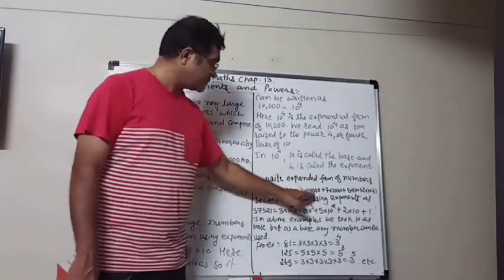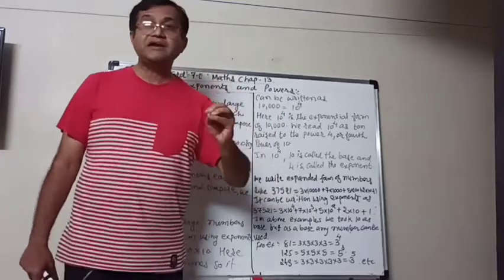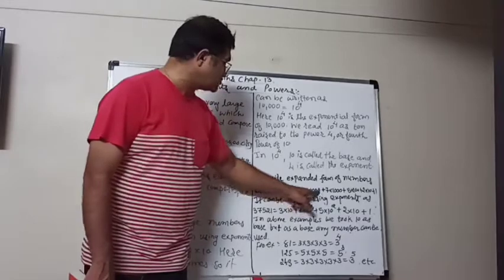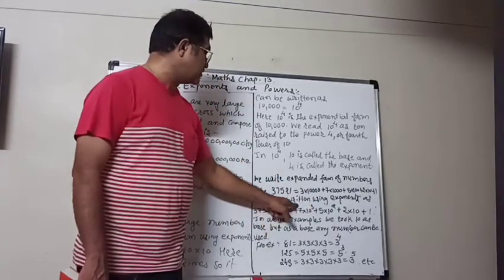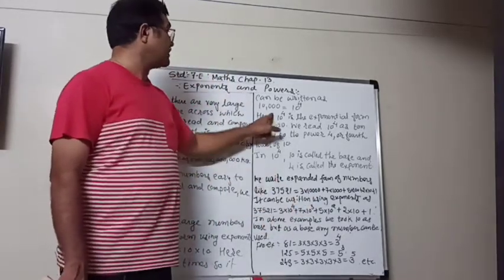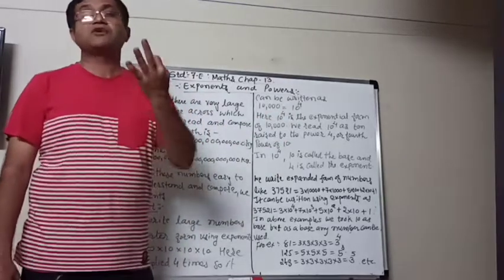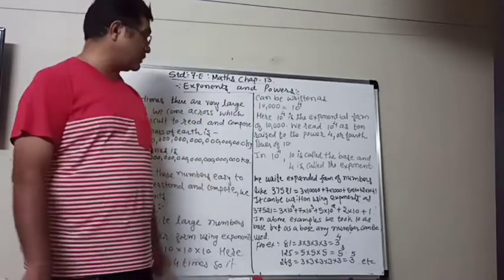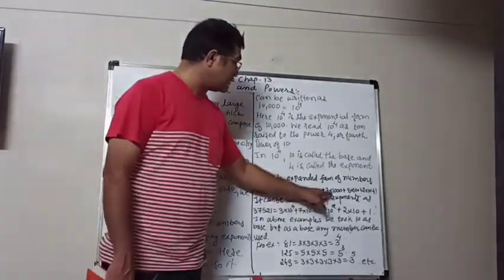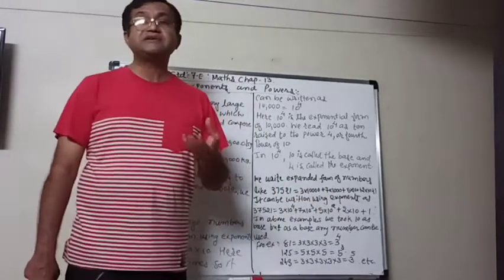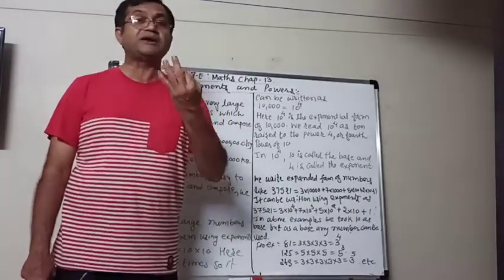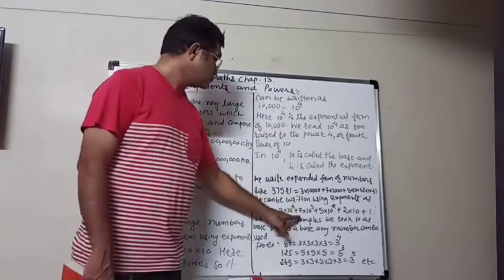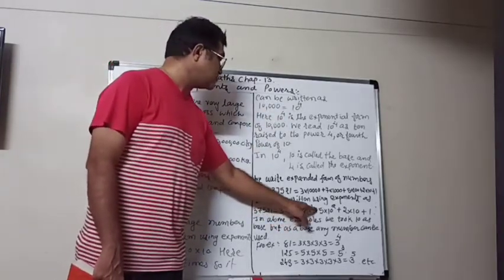Now the same thing we can write using exponents. In place of 10,000, we can write 3 into 10 raised to 4, because 10,000 is equal to 10 raised to 4, since 10 multiplied by 10 multiplied by 10 multiplied by 10 has 4 times coming. Similarly, plus 7 into 1000. 1000 means 10 multiplied by 10 multiplied by 10, 3 times. So we can write 10 raised to the power 3, so 7 multiplied by 10 raised to the power 3.